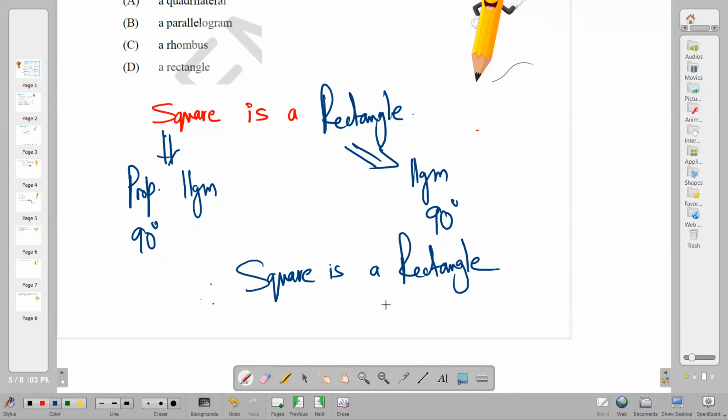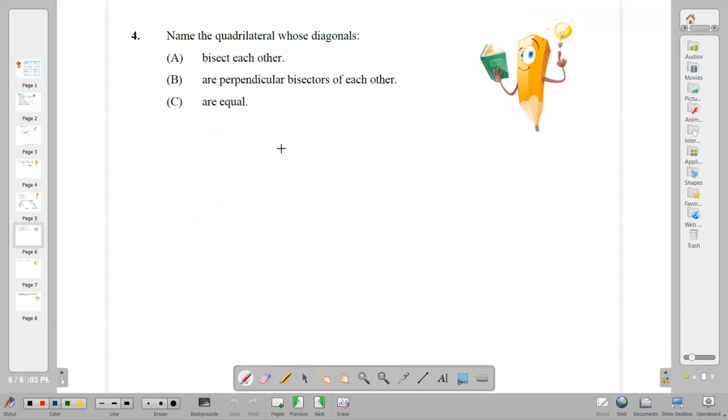Simple. चलो next question. Name the quadrilateral whose diagonals bisect each other. ऐसे कौन से quadrilateral है जिसके diagonals bisect करते हैं एक दूसरे को? तो कौन से है भैया? Rhombus है एक, rhombus, फिर कौन आएगा? Parallelogram के भी होता है bisect, फिर rectangle के भी होता है और square के भी होता है। सिर्फ किसके नहीं होता है? Kite के। ठीक है।